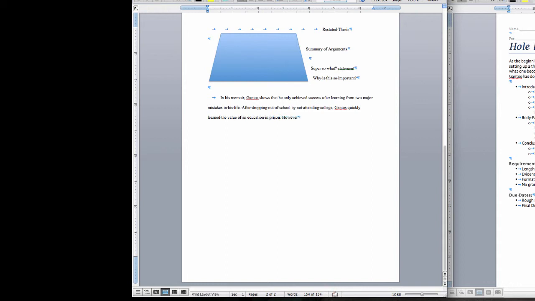However, he might not have learned that lesson had he not been caught smuggling drugs. And that's how they're connected. Right? One mistake builds on the other mistake to show Gantos the ultimate lesson.